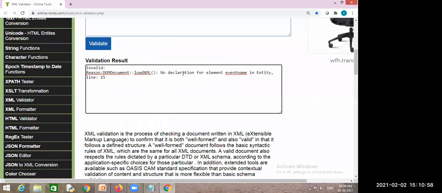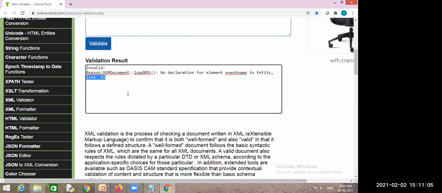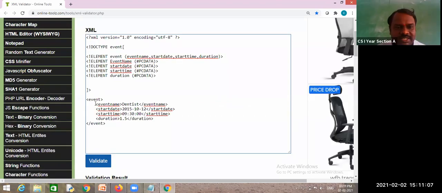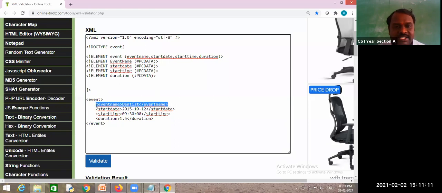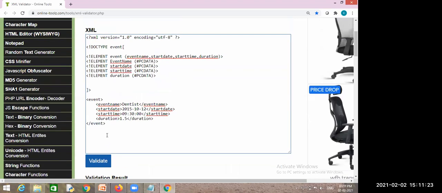What is that? No declaration of element event name in entity. It is at line number 15, so count this one and it will give the 15th line error. It means I asked for certain details, but you are sending details I did not ask for, so try to prepare a new document. So the XML validation is also completed.